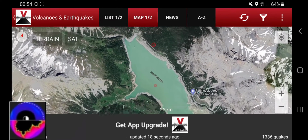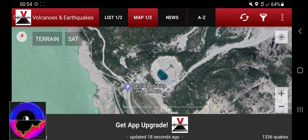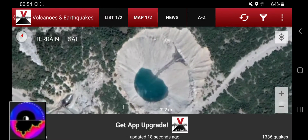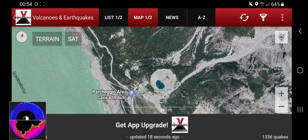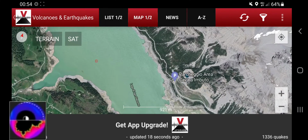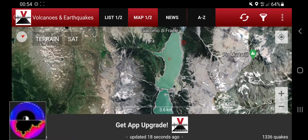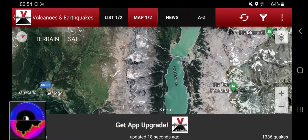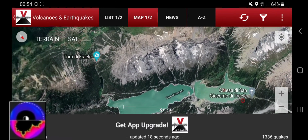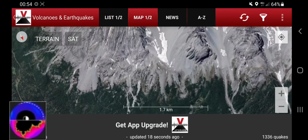But anyway, again, water bodies. This might be artificial, I don't know. But I have found some nice geological feature which sits right beside this lake,